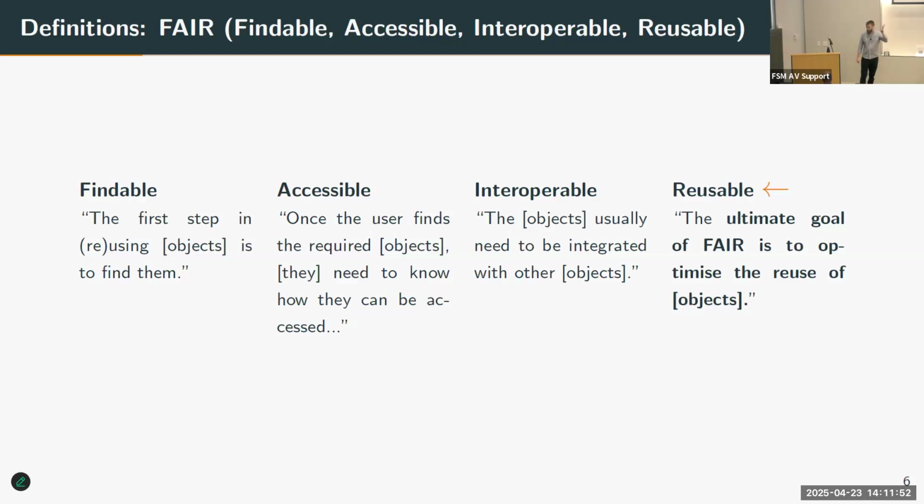You need to be able to access them, and they should be interoperable. But at the end of the day, as per the little orange arrow there, I think what this all distills down to is reusability. What you might have noticed I'm doing here is defining the terms from my title. When I say FAIR phenotypes, not just nice verbal alliteration, what I'm saying is